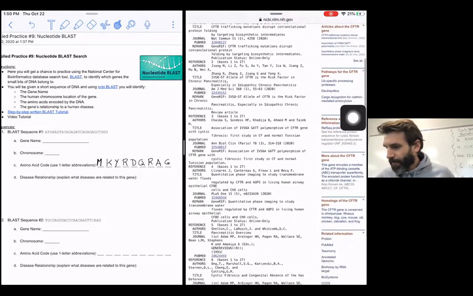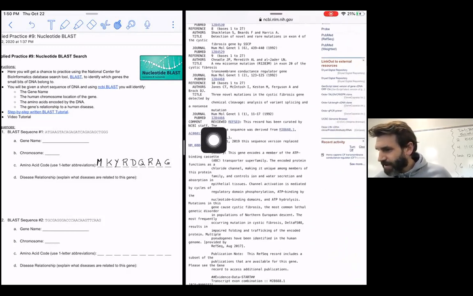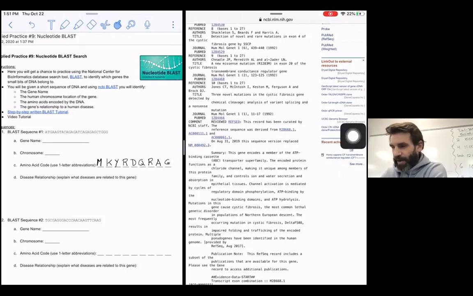So if I scroll down, keep scrolling, all the way to where it says comment. Now this tells us about this gene. So this gene encodes a member of the ATP binding cassette transporter superfamily. The encoded protein functions as a chloride channel, making it a unique member of this protein family, and controls ion and water secretion and absorption, and so on. It does all of this stuff. And right here, mutations in this gene cause cystic fibrosis, the most common lethal genetic disorder in populations of Northern European descent. So for the disease relationship, I'm going to write,